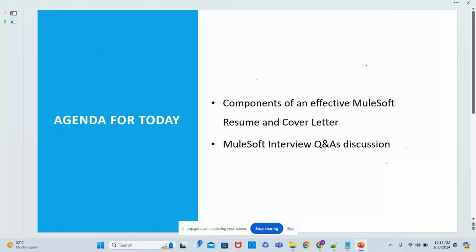Specifically to Mulesoft, I am always very curious how an effective Mulesoft resume looks exactly. Because obviously our Mulesoft profile or resume is the most important part before proceeding to the interview questions and answers. Because see,